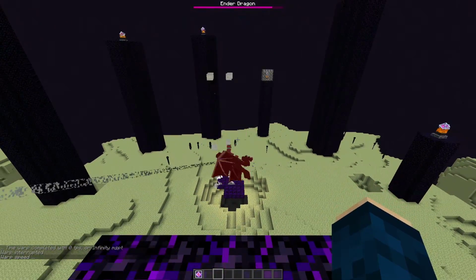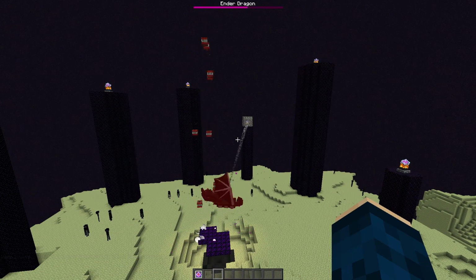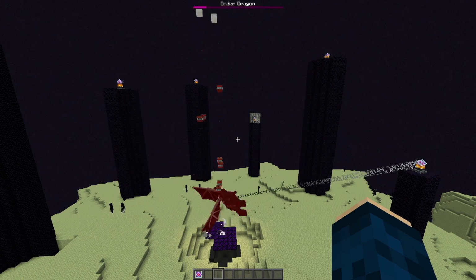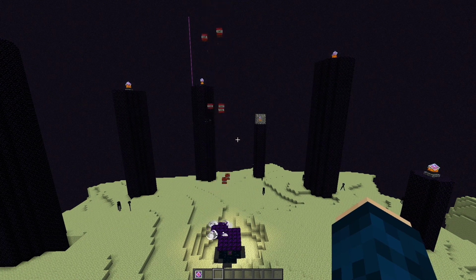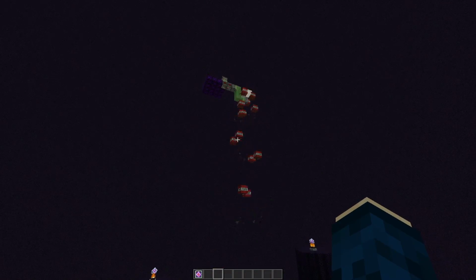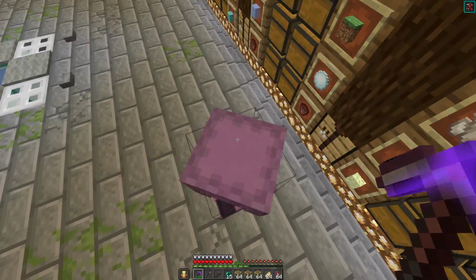There it goes, and now it's in the middle. It's slowly taking damage, even though the end crystals are still intact. It's being killed by the TNT just because it's doing so much damage so quickly. And there we go, the Ender Dragon is dead, and we got a new gateway over there. Very nice. This dragon killing machine should really not be too complicated to build, so let's head over to the